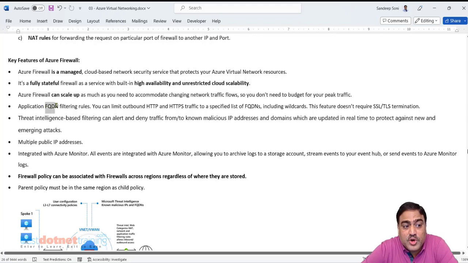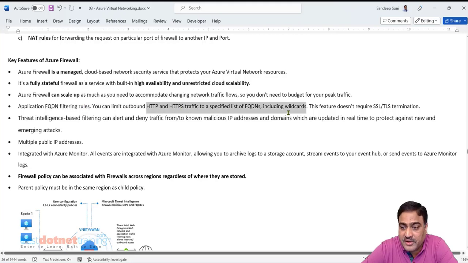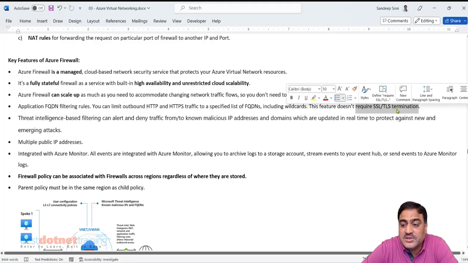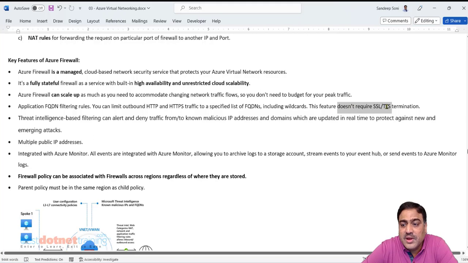Application fully qualified domain name rules can be created, which are for HTTP and HTTPS traffic. And you don't have an SSL termination requirement for this kind of thing. And of course, if you go for premium pricing, you have SSL termination. Now, what is this SSL termination?